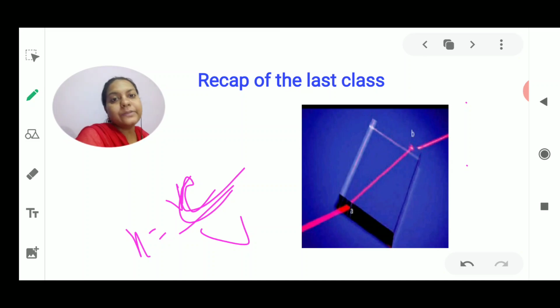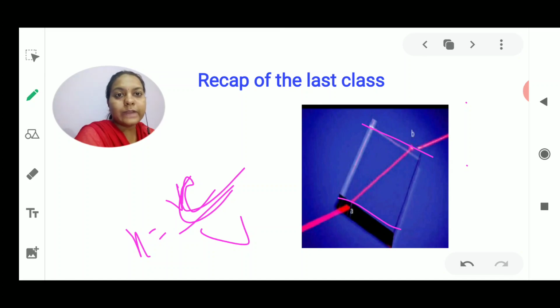Okay, next thing we have seen is that refraction is only seen at the boundaries of different mediums where they are meeting. Means once the medium is going to change, the refractive index is going to change. It follows both the laws. So these laws have been derived from the refraction through a rectangular glass slab, which I also discussed in the last class.